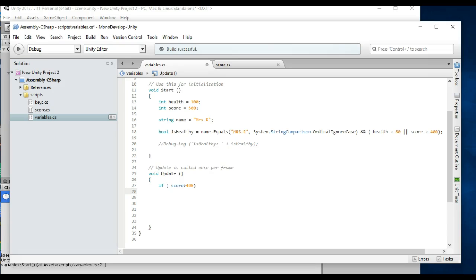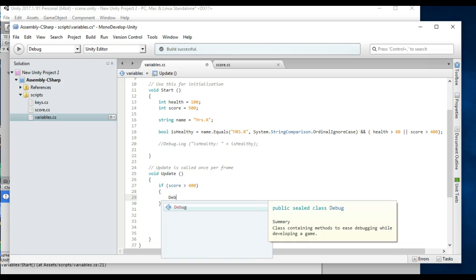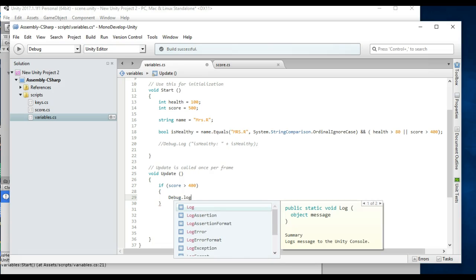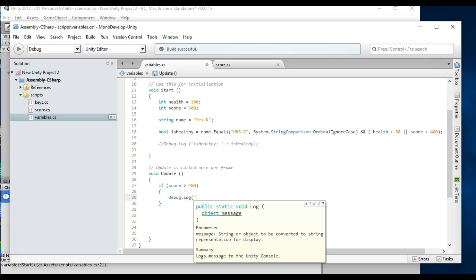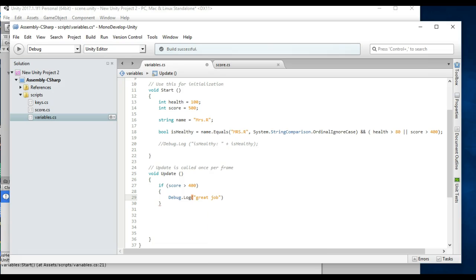Then the if statement gets its own curly brackets, which should be right under the if. And this editor likes to pop them back up, which I don't like. So we're going to bring it back down here. So if, and then I'm going to put a debug log, and we're going to say great job. All right, and then like usual, and I took this debug log out, so the only thing we'll print is that. So like usual, I'm going to build,